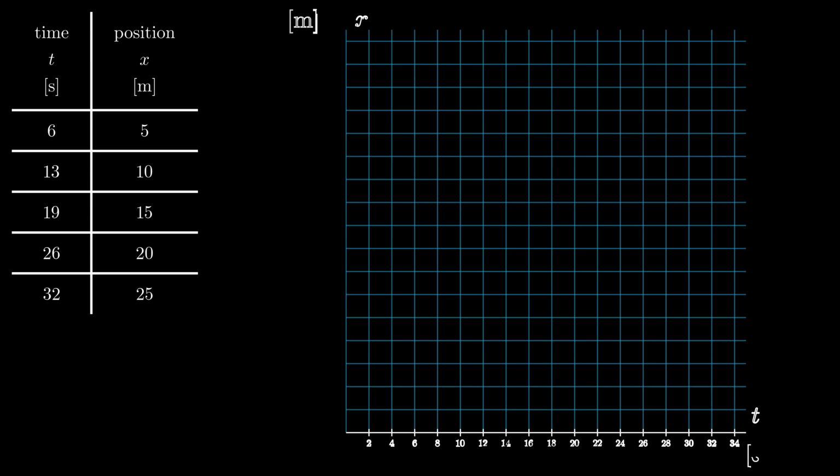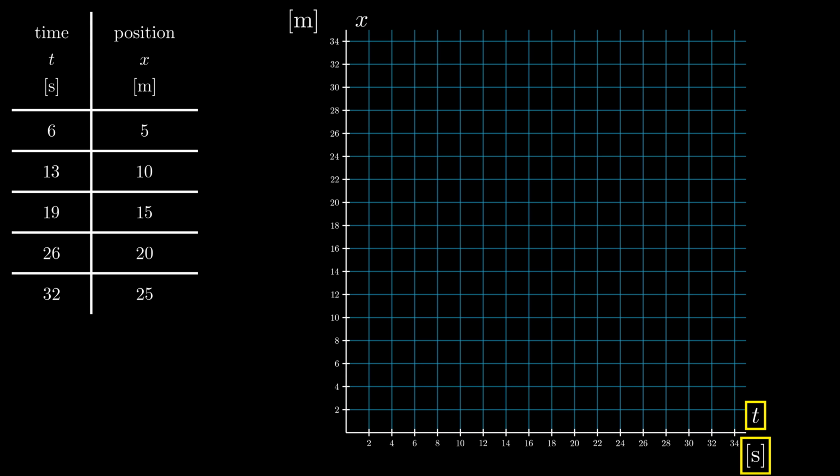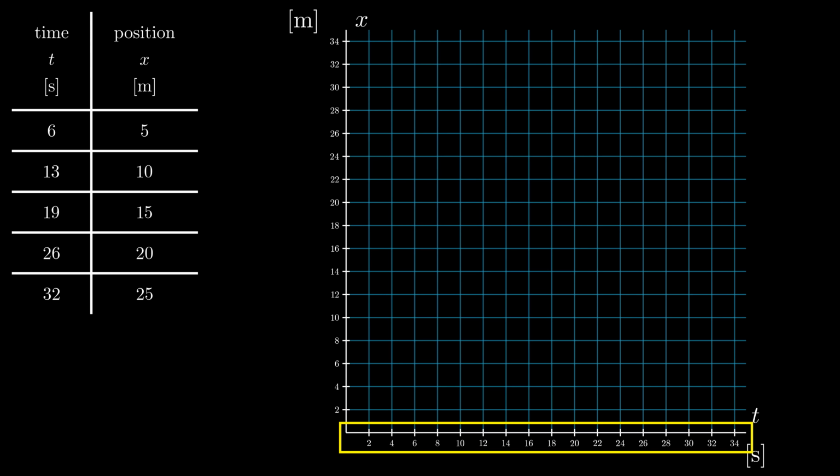Next, we begin constructing a graphical model by first drawing the coordinate system. In this system, the horizontal axis represents time and the vertical axis represents position. The time axis is marked in intervals of 2 seconds, extending up to 34 seconds. We extend slightly beyond the last measured time data point, which was 32 seconds, to ensure all data points fit